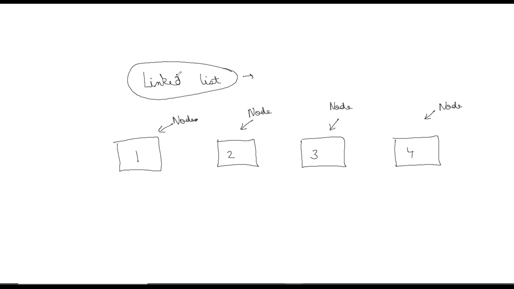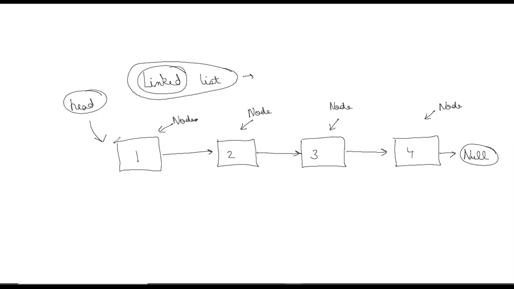If you see the word linked list, this is a list and it is linked together with each other. And what is linked with the 4? 4 is linked with nothing. So we can say that 4 is linked with null. Null means nothing. In different languages, it is represented differently. Let's assume 4 is pointing to null. To represent the linked list, we use one terminology, head. Head is used to point to the first element of the linked list, so head is used for access to the linked list.